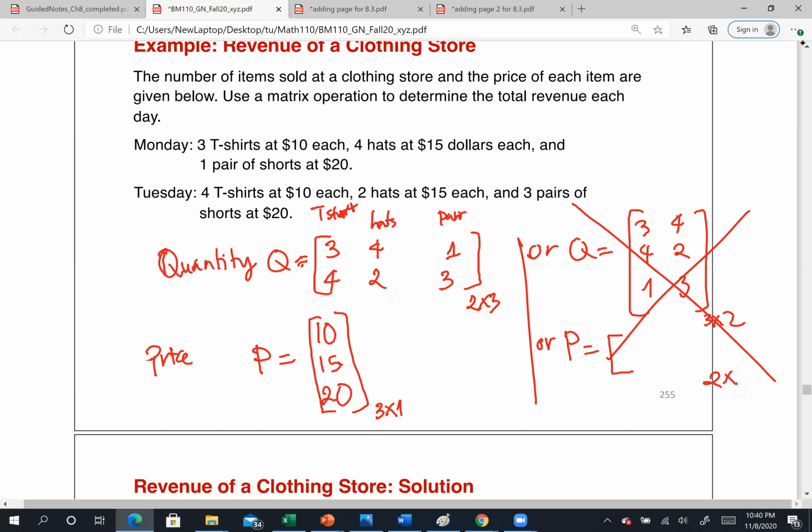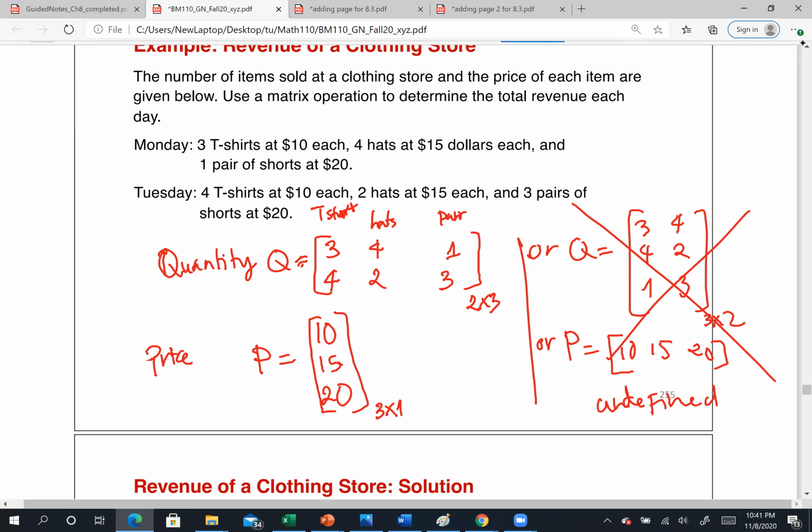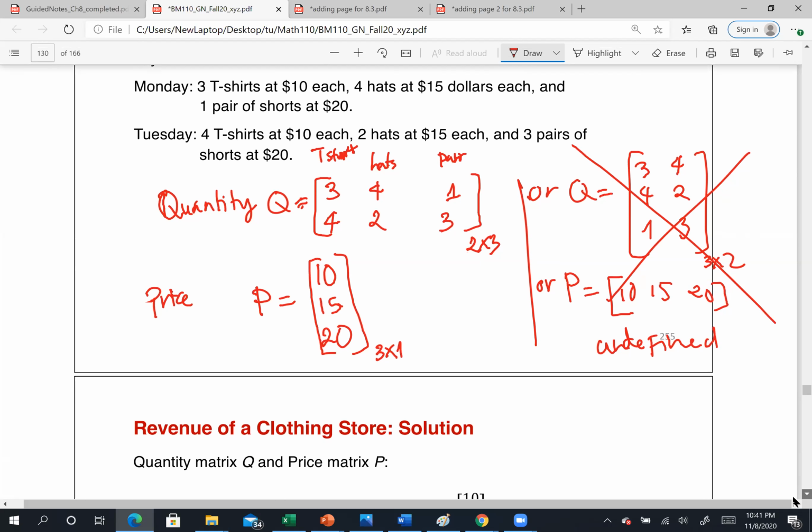So we should not have that way. Because if you got P with only one row as 10, 15, and 20, then you cannot multiply it. It's going to be undefined. All right. So sometimes you have to check if it works. All right. So now,